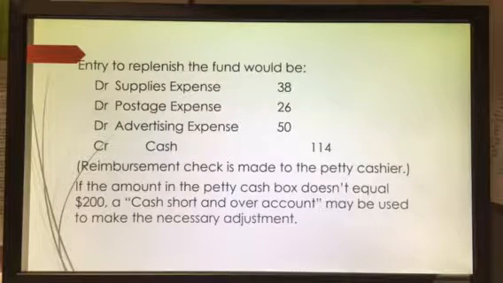the necessary adjustment. Cash short and over is more or less a plug type of figure, if it in fact is a debit, because in this case you would have to charge an expense account, cash short and over, and credit cash, in order to show that that short